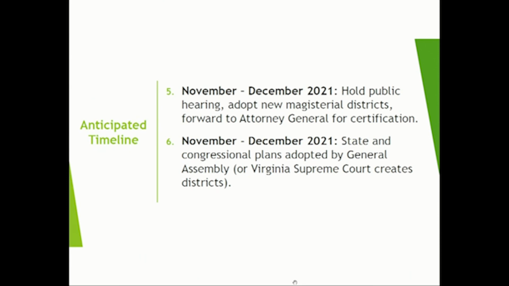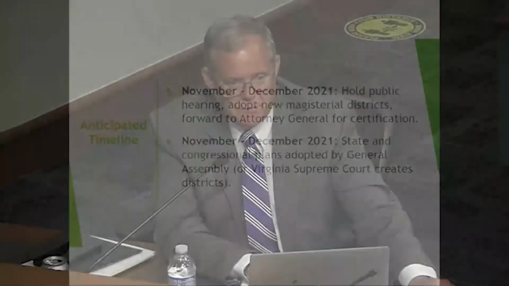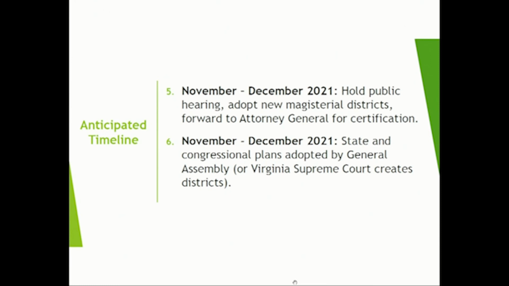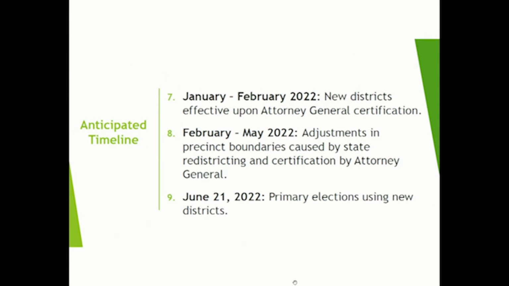unsplit them. It used to be that you did not have to unsplit a split precinct, but the recent legislation by the General Assembly now mandates that you have to unsplit a district that the state splits. So we would do that. That also has this same sort of pre-clearance, this same Voting Rights Act process. We'd still have to go to the General Assembly on those precinct splits. But the hope is that all that will be done, and by the June 21st elections, we may be able to do that with the new districts.